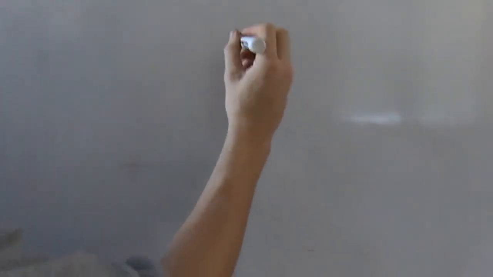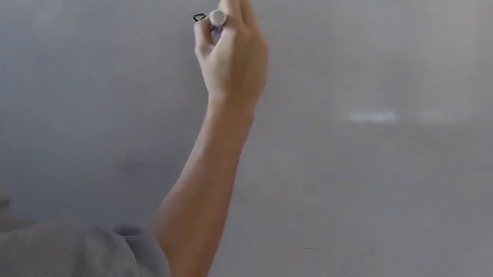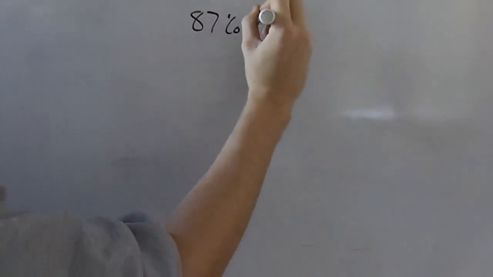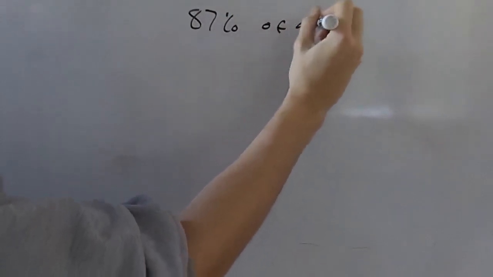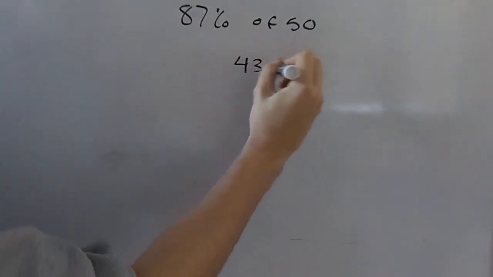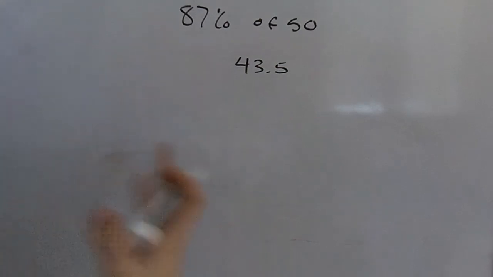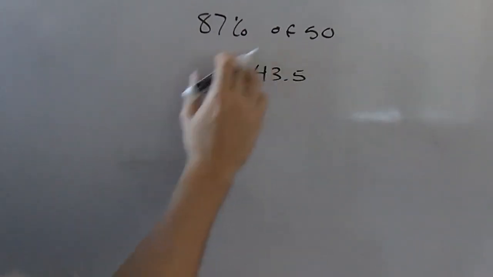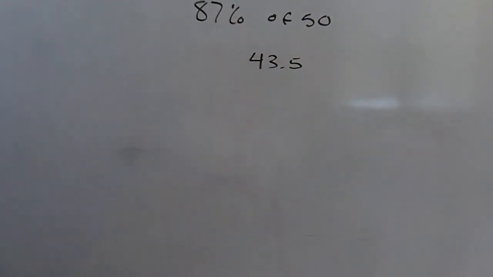For example, when we did 87% of 50, we got the exact answer of 43.5. Now, before we got the exact answer, or even after, if we wanted to know if we were in the ballpark, if we were about correct,